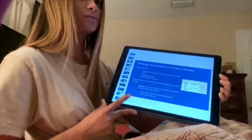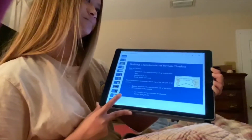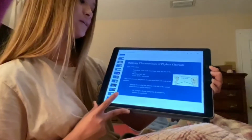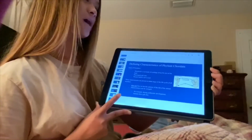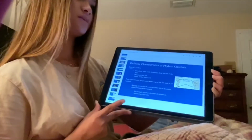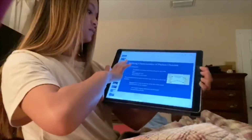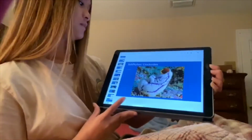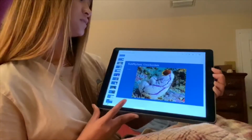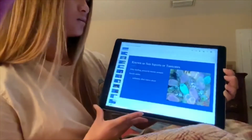And then also these characteristics can be vestigial, which means that they serve no purpose but are still present within the body. For example, during embryonic development, humans have gill slits, which we obviously don't use anymore but are still present within embryonic development. And a subphylum of the phylum Chordata is the Urochordata subphylum, and these are known as sea